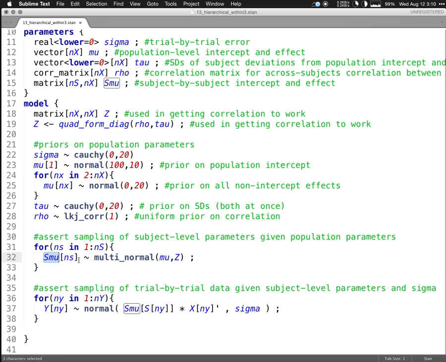We fill this matrix reflecting each person's coefficients for their intercept and various effects by expressing it as a sample from a multivariate normal distribution with mean mu and this covariance matrix that's being formed by the rho and tau. And then finally, we iterate over the data, saying for each y value, model it as being normally distributed with error variance of sigma and a mean corresponding to this thing,